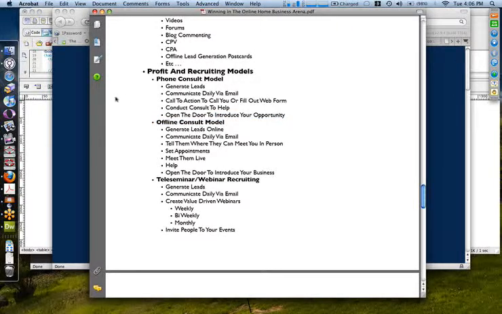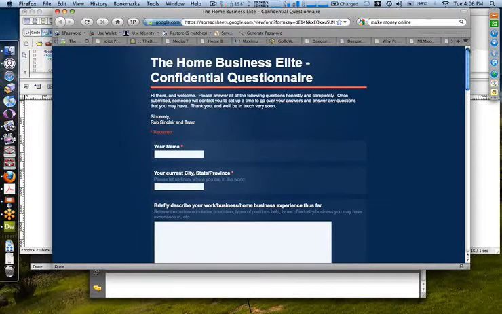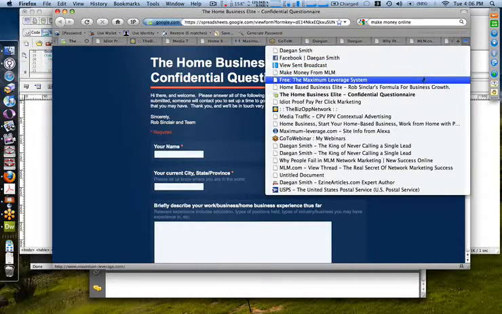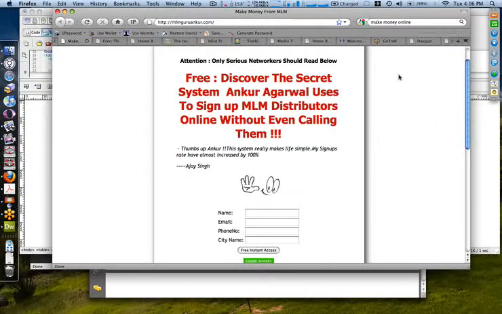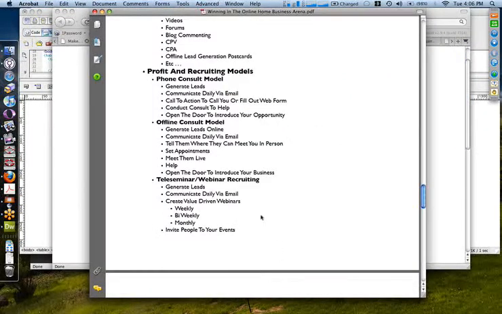So there's the offline consult model. Now, remember when I talked to you about my friend Anchor? His secret, and we put together a course together called the Downline Code. Let's see if I can find him again. Here we go. His secret to success has been to generate leads online, communicate with them daily via email. Then what he does is he travels in his home country of India from city to city and basically sends out a survey that says, hey, I'm going to be in